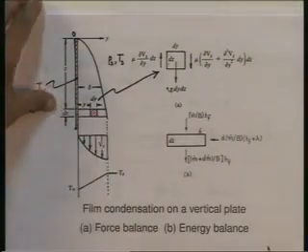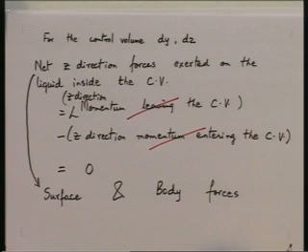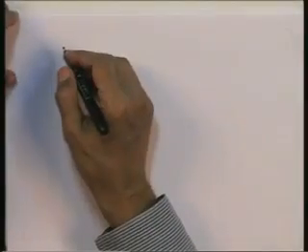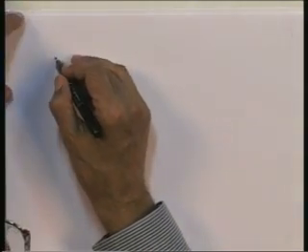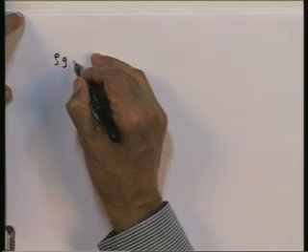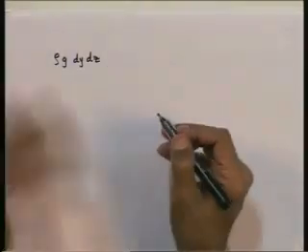So, put all this down and we get our force balance. If I put all these forces down, I will get my force balance and the equation. Let us put that down. What are the net z direction forces? First I get the body force, rho g dy dz, that is the body force in the z direction,